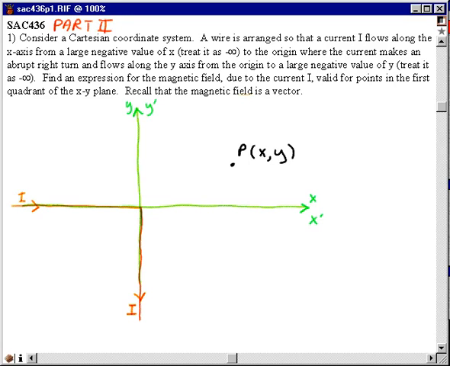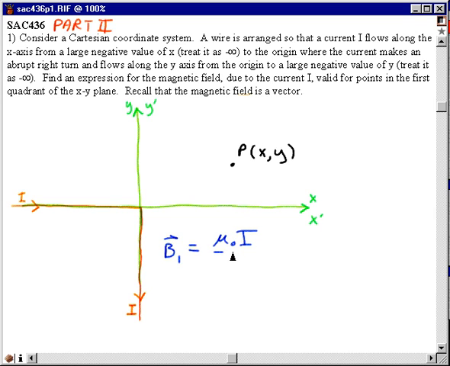Okay, I've already done part 1 of sac436 problem number 1, and now it's time to do part 2. Part 1 involved finding the magnetic field at point P, some unspecified but fixed x, y coordinates associated with it, due to the wire along the negative half of the x prime axis. And in fact, in part 1, we found that that contribution to the magnetic field at point P was in the z direction and had magnitude mu0